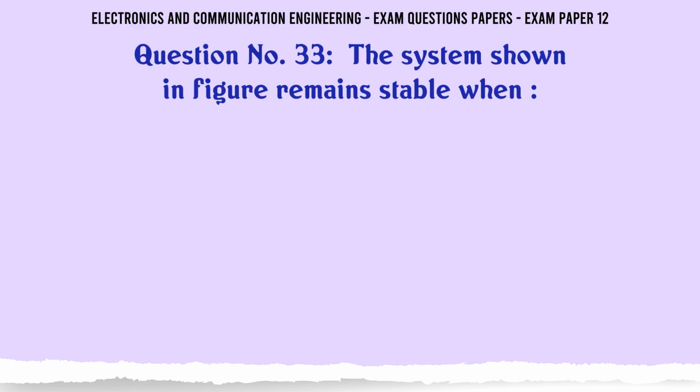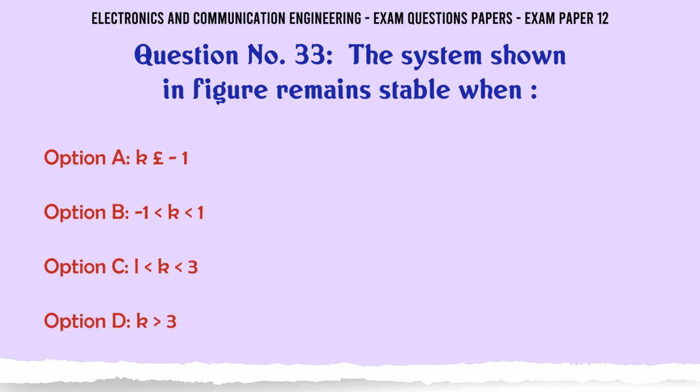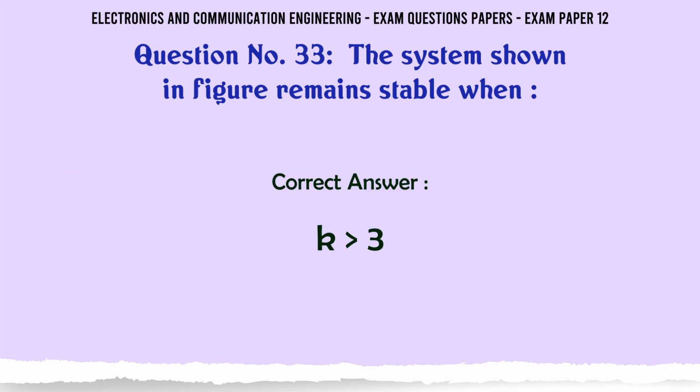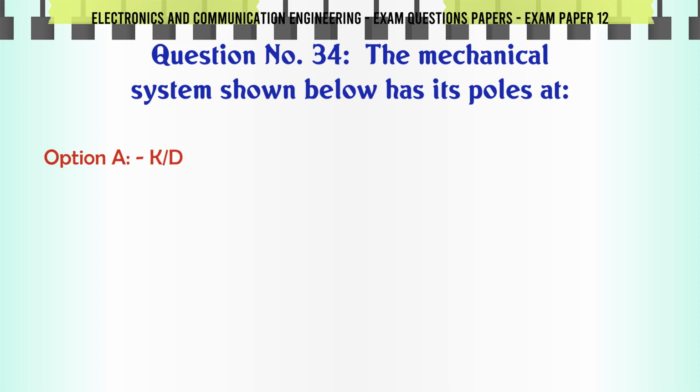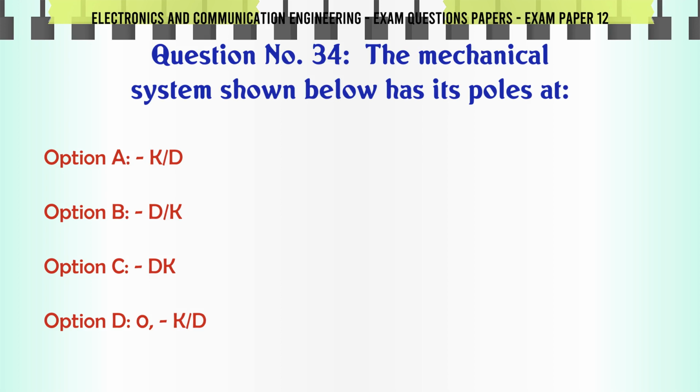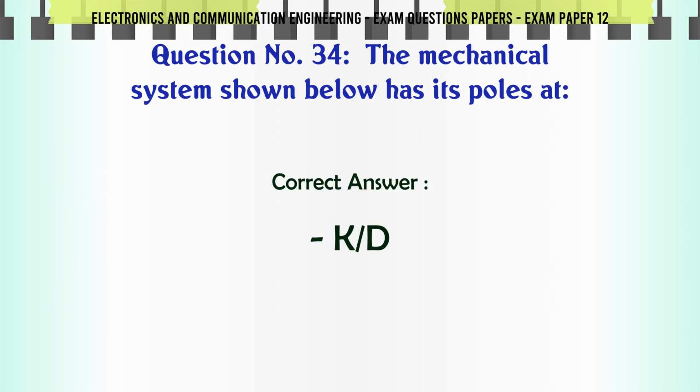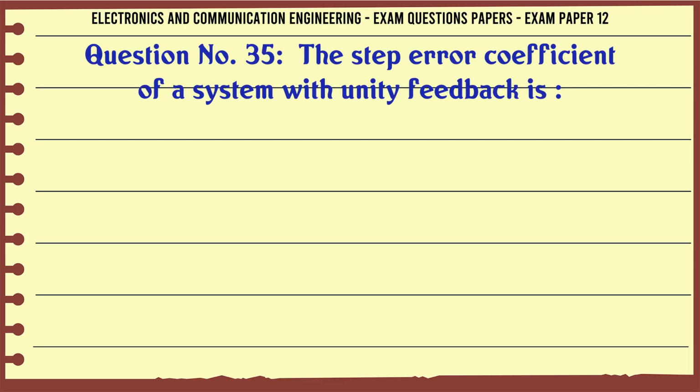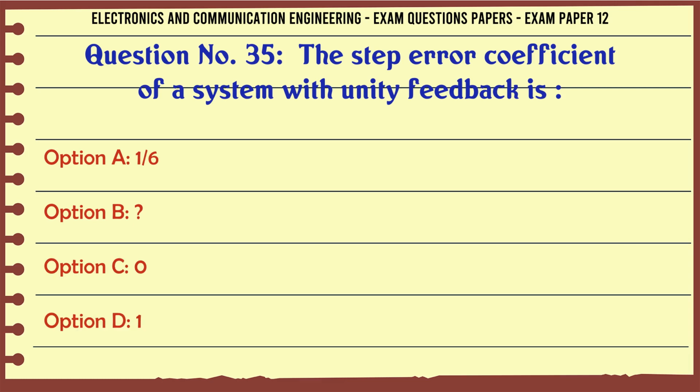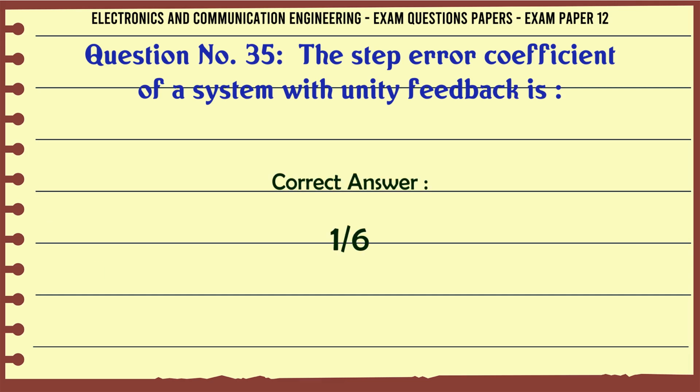The system shown in the figure remains stable when A) K < 1, B) 1 < K < 1, C) K < 3, D) K > 3. The correct answer is K < 3. The mechanical system shown below has its poles at A) K/D, B) D/K, C) -D/K, D) 0, K/D. The correct answer is K/D. The step error coefficient of a system with unity feedback is A) 16, B) ∞, C) 0, D) 1. The correct answer is